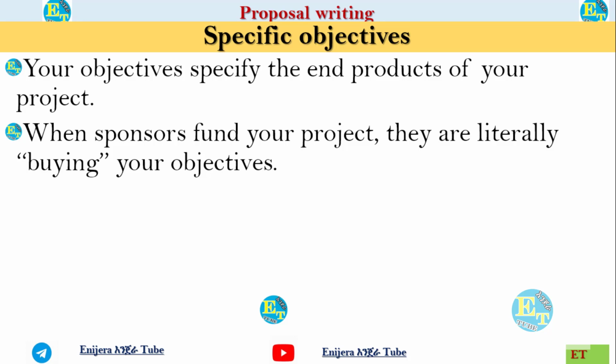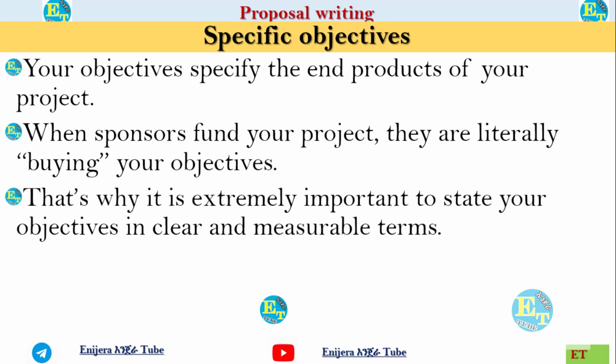ስፖንሰር ፈንድ የሚያደርገን የኛን ጎል የኛን ኦብጀክቲቭ እየገዛን ነው ማለት ነው። እኛ ደግሞ እየሸጥንለት ነው። ሻጭና ገዥ ማለት ነው። That is why it is extremely important to state your objectives in clear and measurable terms. ልንሸጥ ነው። ፕሮፖዛል ስንጽፍ ሐሳባችንን ልንሸጥ ነው። ሐሳባችንን የምንሸጠው ደግሞ ኦብጀክቲቫችን ደንበኞቻችንን ማርካት እስከቻለ ድረስ ብቻ ነው። ከዛ ውጭ ግን መሸጥ አንችልም።